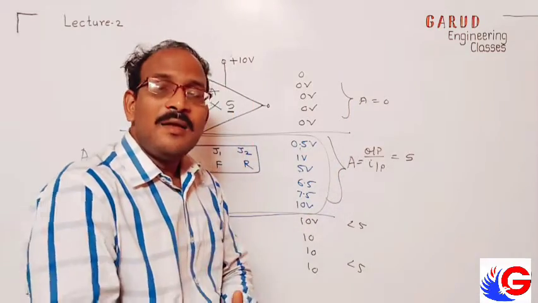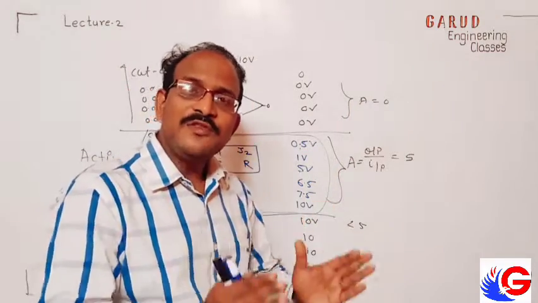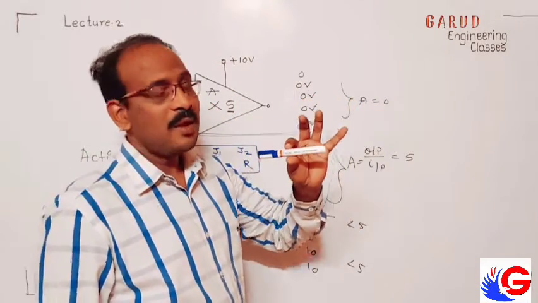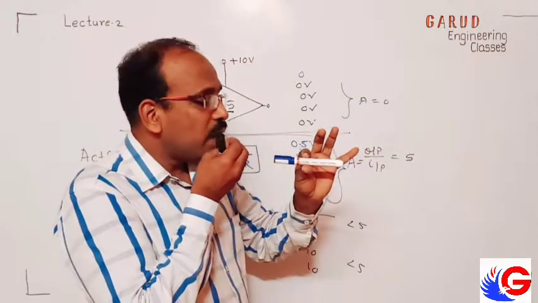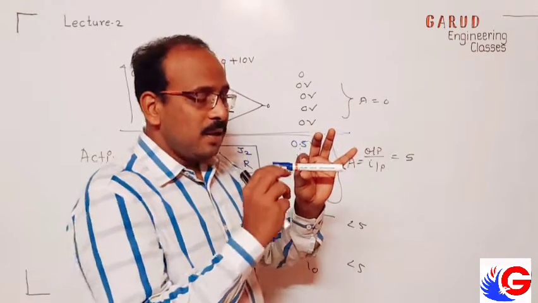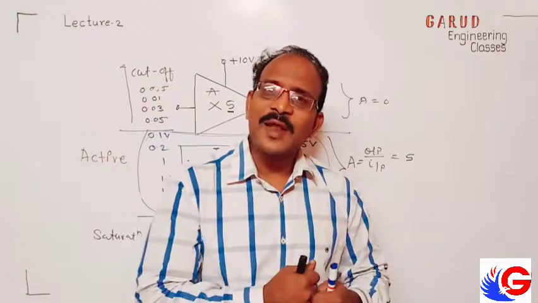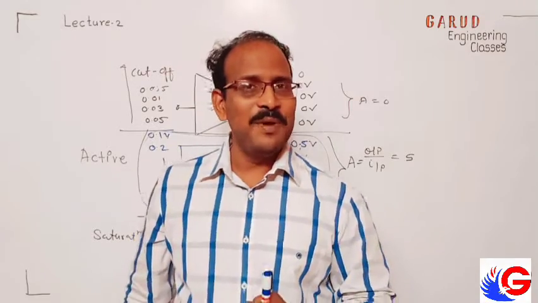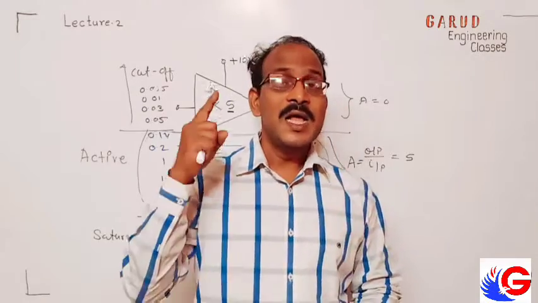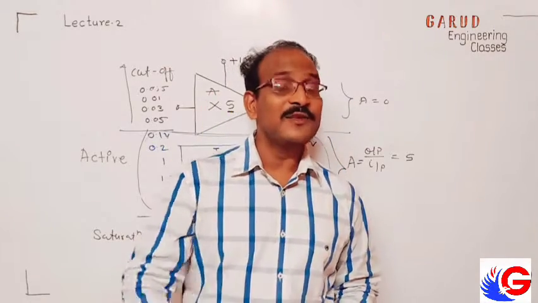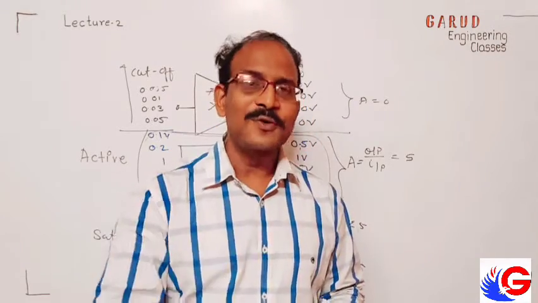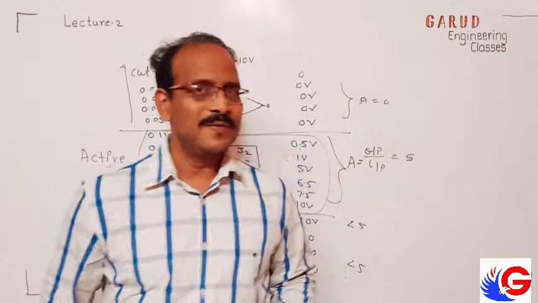Now I will explain how a transistor behaves like an amplifier. Suppose this is a mic and here is an amplifier. Whatever I give, it will amplify. It's like a booster. But how does this transistor behave like a booster, like an amplifier? That we have to see. This is a very important point. They ask it for 10 marks: explain NPN transistor, explain PNP transistor as an amplifier. This is a very common question, and if you are an engineer, you must know how a transistor behaves like an amplifier.